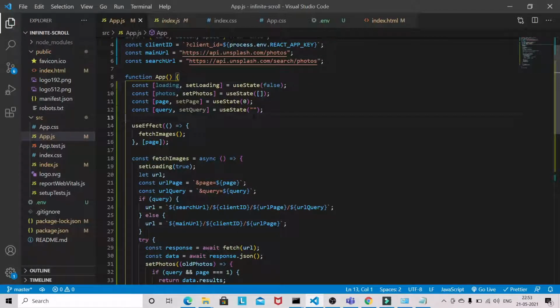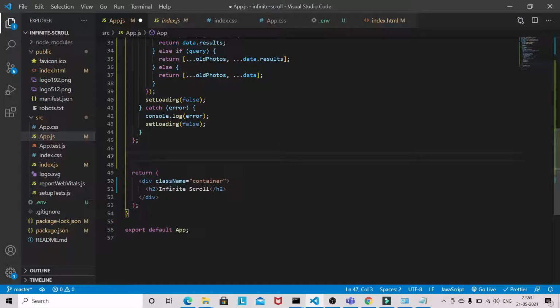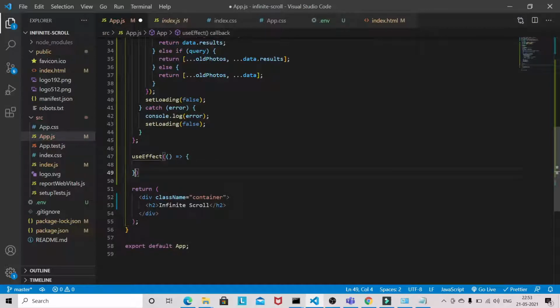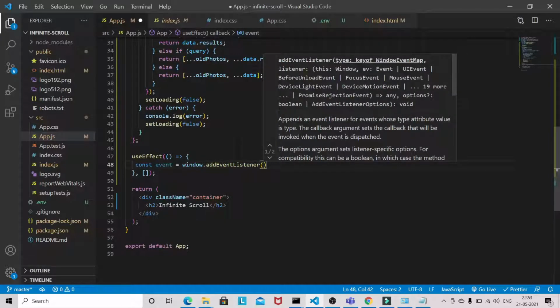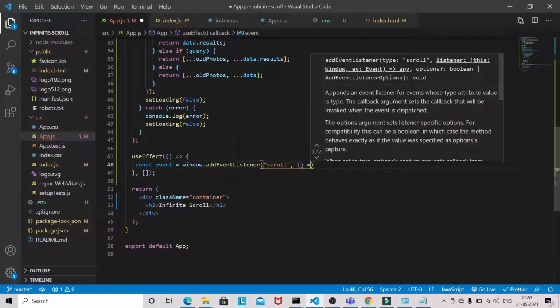Okay, now we have to write one more useEffect to basically implement the scrolling functionality. Okay, so on event, window dot addEventListener scroll, and we can pass the callback.